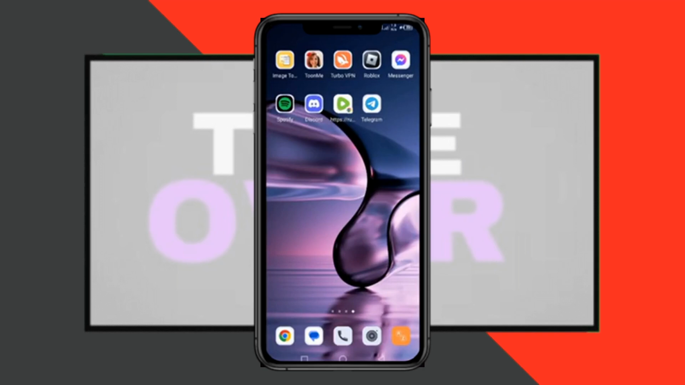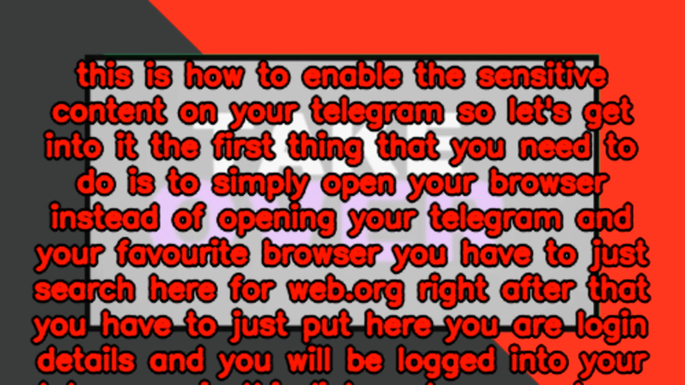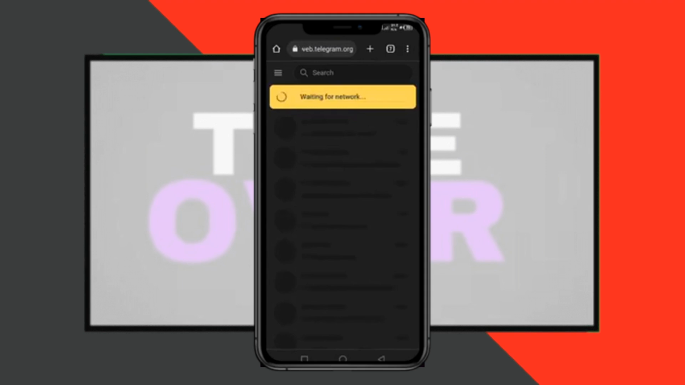The first thing that you need to do is to simply open your browser instead of opening your Telegram, your favorite browser. You have to just search here for web.telegram.org. Right after that, you have to just put here your login details and you will be logged into your Telegram